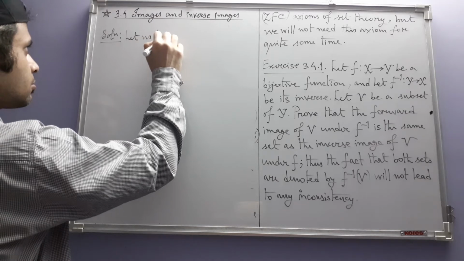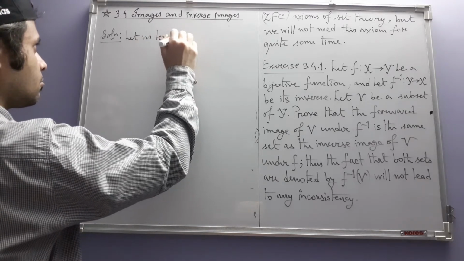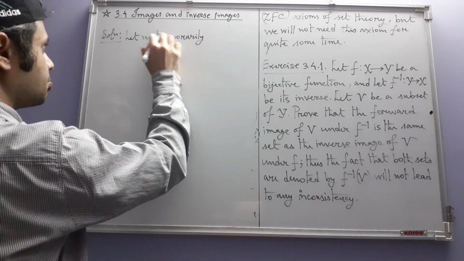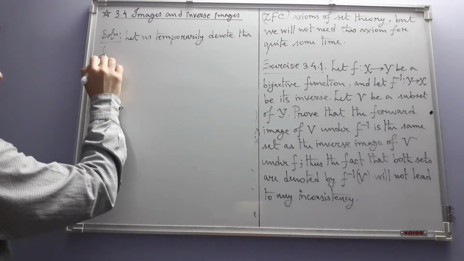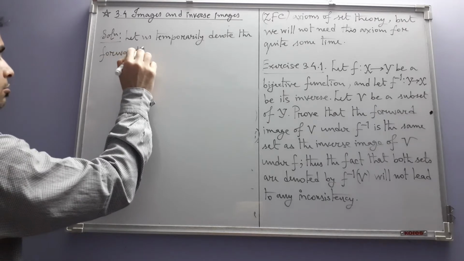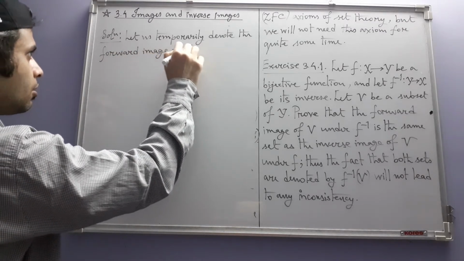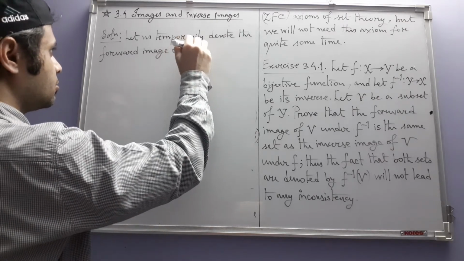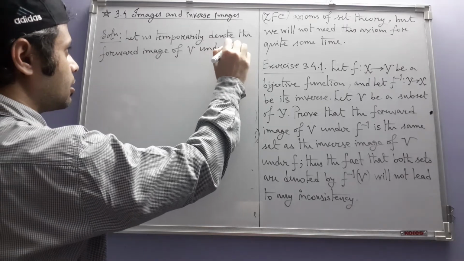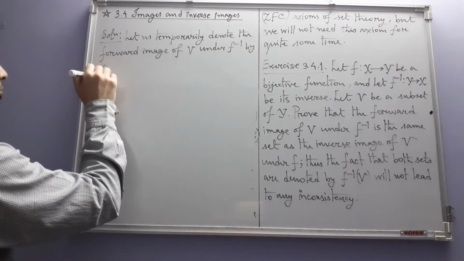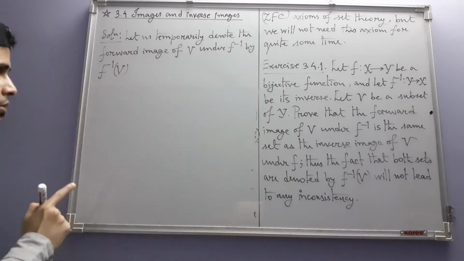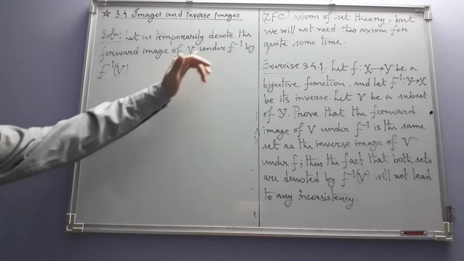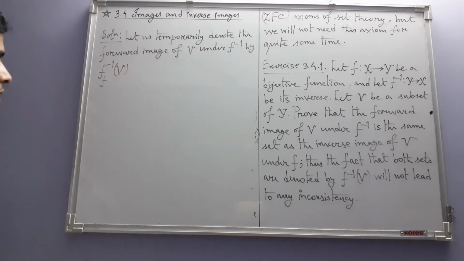Let us temporarily denote the forward image of V under f inverse by f inverse V. It's just that same notation, but to emphasize the fact that it's the forward image of V under f inverse, we are going to put a subscript f. F stands for forward, and